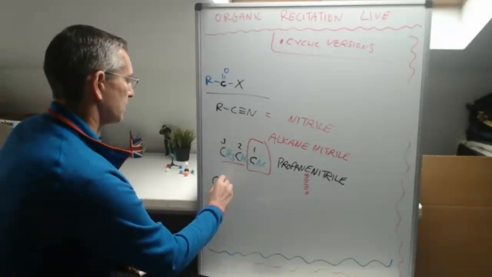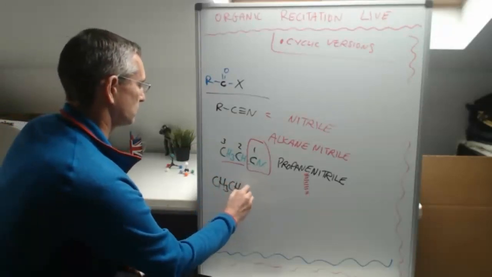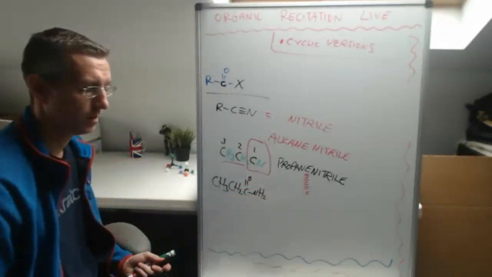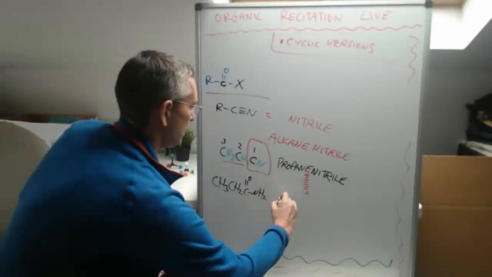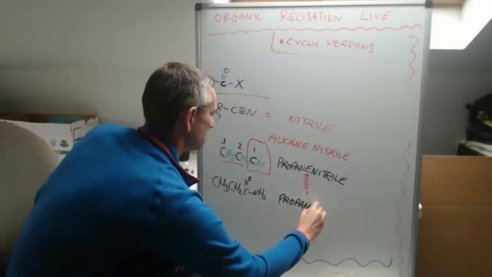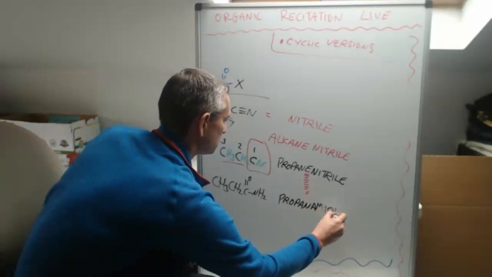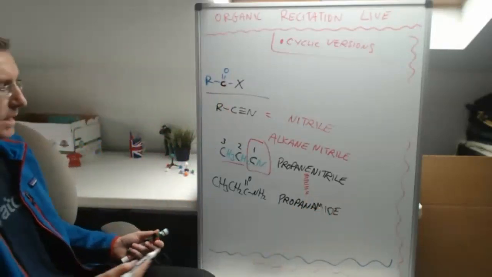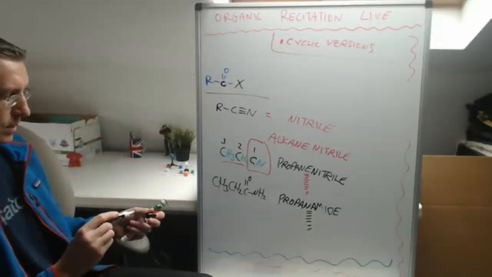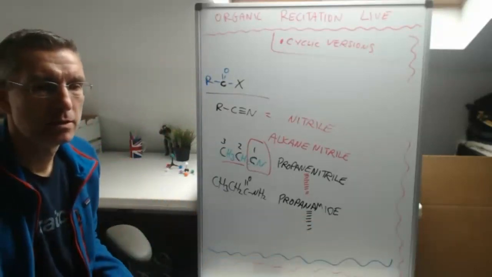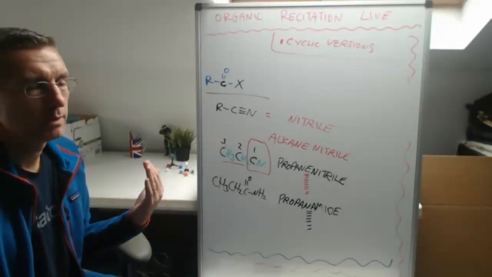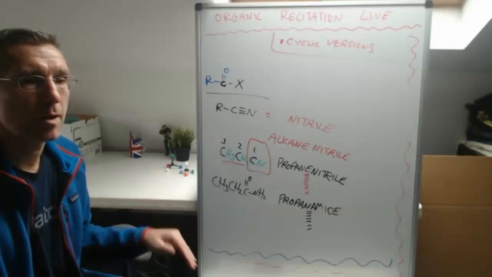If we had this amide, this would be propanamide, and you would notice that there is no E. So this is the detail that we'll be looking for when you're doing the IUPAC naming of these carboxylic acid